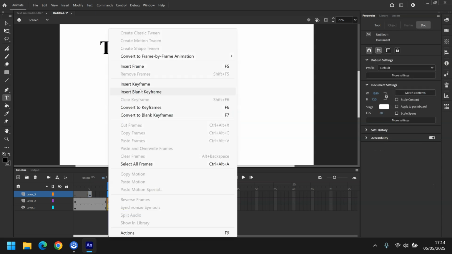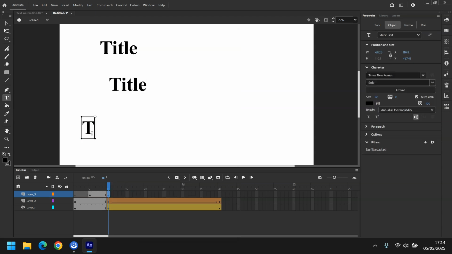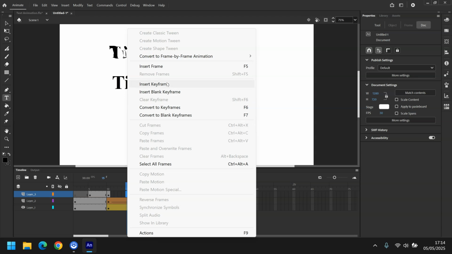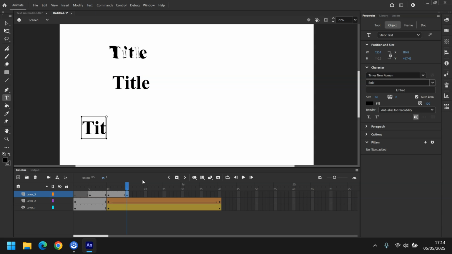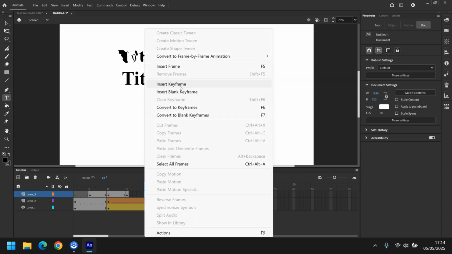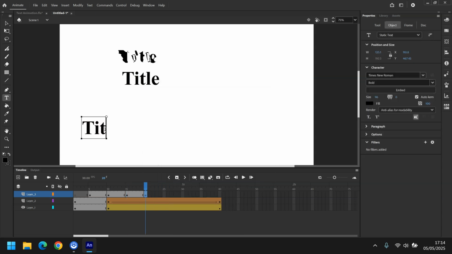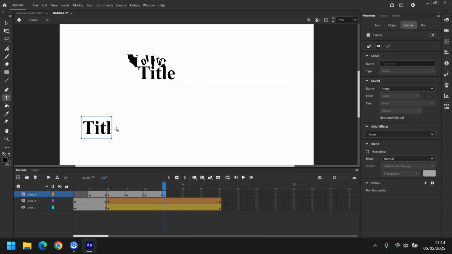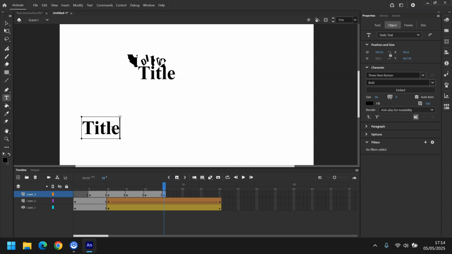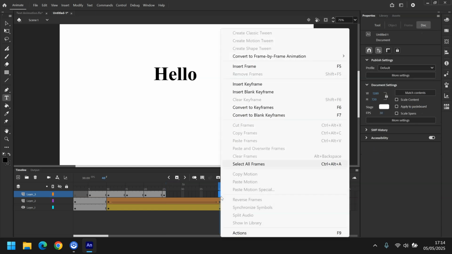I want to insert a keyframe. I'm going to add an I to this. And I'm going to keep doing this process until I've spelt out the entire thing. And you can imagine this can be quite painstaking if you're doing this as quite a long word, but it's kind of a nice effect as well. And eventually I'll get to frame number 25 and I insert a keyframe. I add the E, and I'm just going to put a frame for as long as I want it to